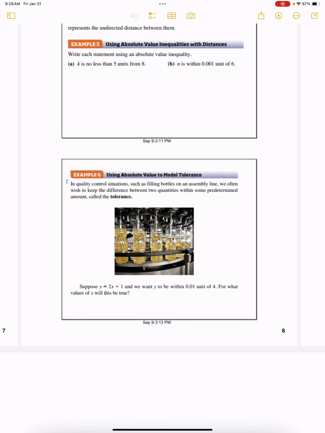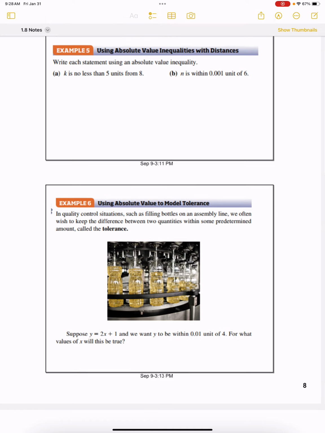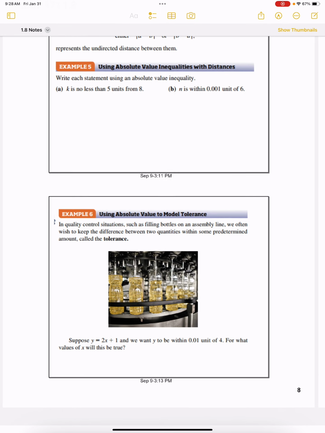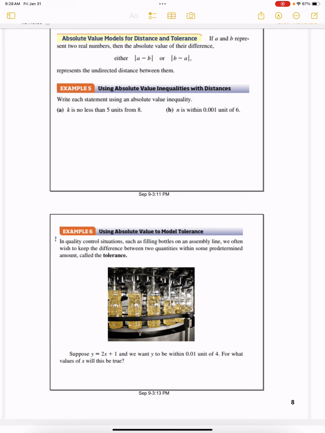All right, so we're going to talk about some applications of absolute value. But before we do that, I just kind of want to talk about some absolute value stuff to make sure we all got the same ideas going in our head. So, with absolute value,